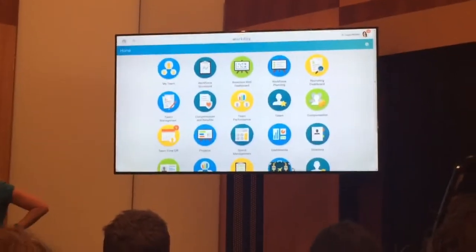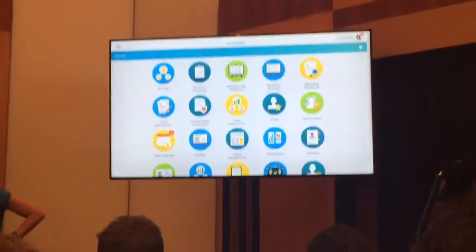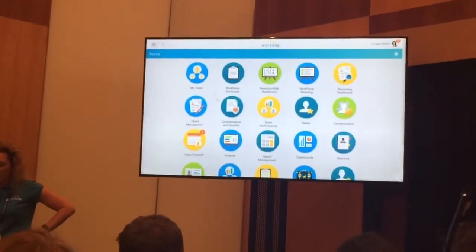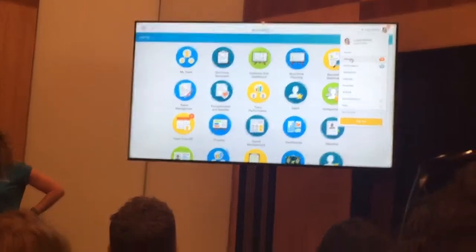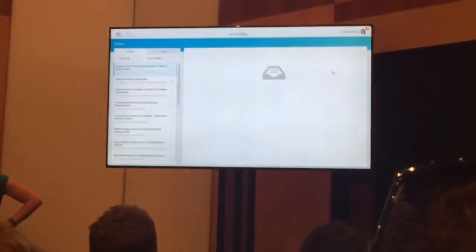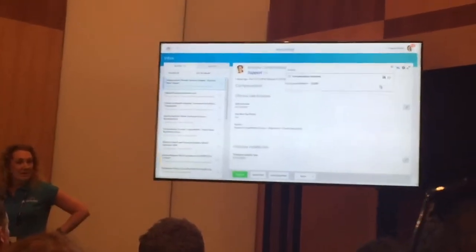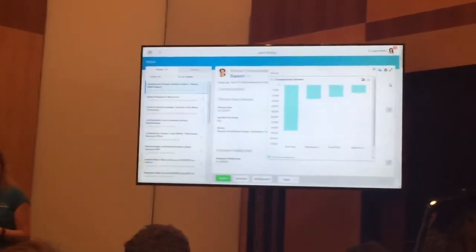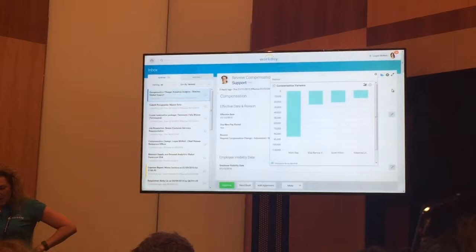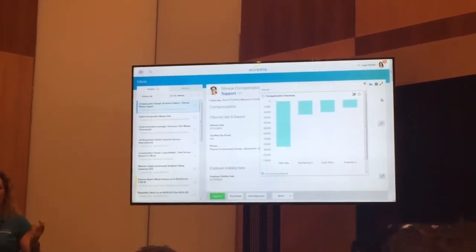I've logged on as Logan. Logan is a more senior manager than Susan, so she has access to a few more things. We'll still start with Logan's inbox, which is where we started on the iPad. It looks very similar on the browser version. We still get those embedded analytics, so you can see there on the right-hand side that compensation change for Katarina